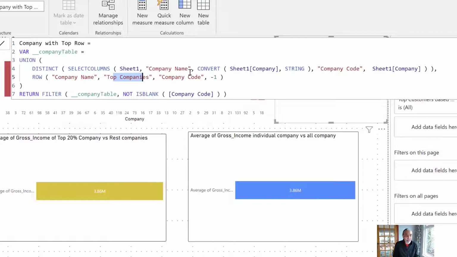So I converted into string. So here I am, top companies. This is one of the values, and then I gave it a code -1. So assuming there is no -1 code. Now this created a table which would look like